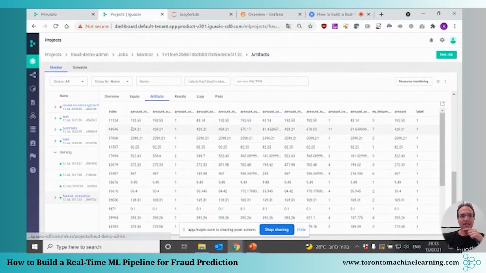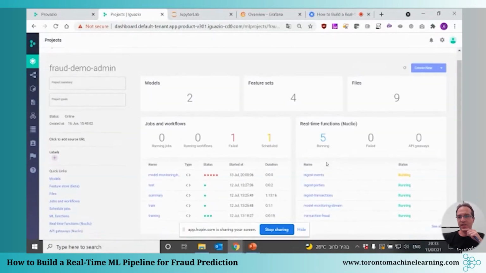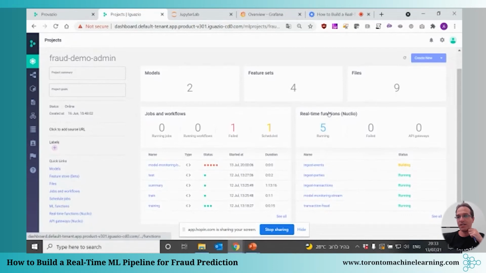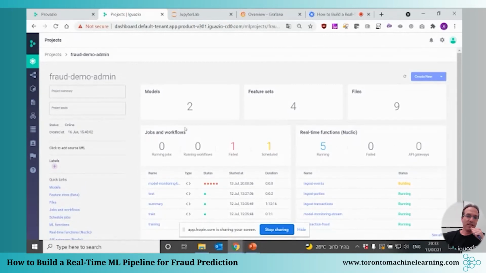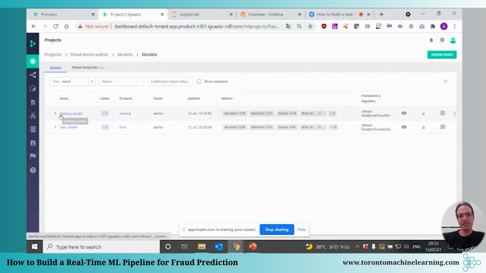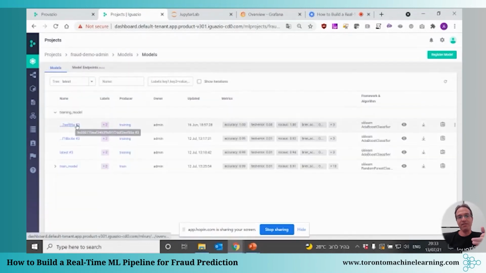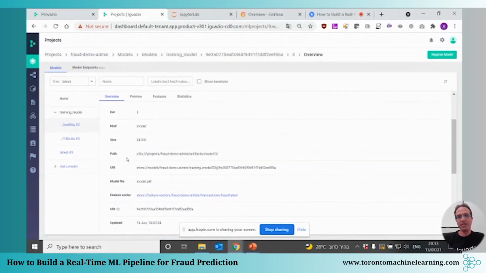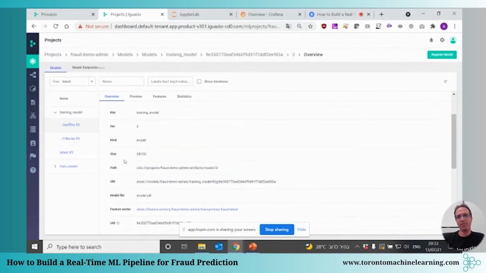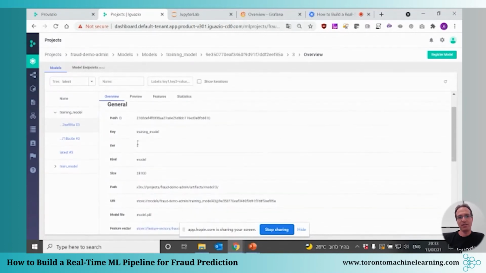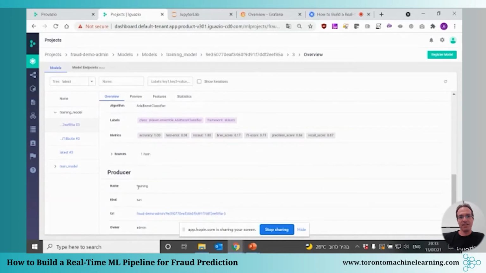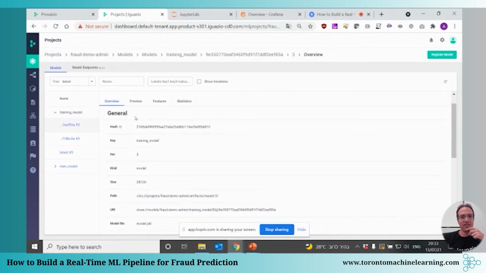So at the end of the day, if you go back here, you can see all those functions here under the real-time Nuclio functions, and those functions are actually running those models. Now, if I go to the models here, I can actually see the models that I just created. So we've created two models, right? One with the first feature vector, the other one was with the second feature vector. If we drill down from the model, again, we get to see all the metadata about that model, who created it, the code itself, the job that was actually running this model.